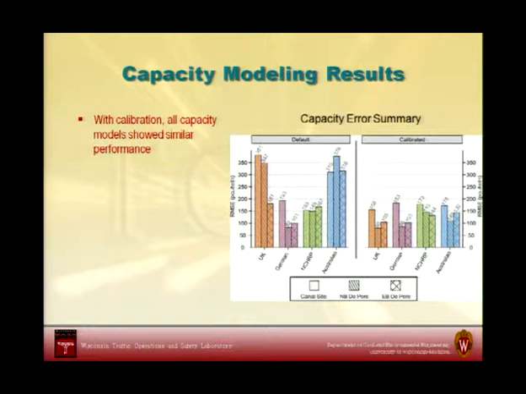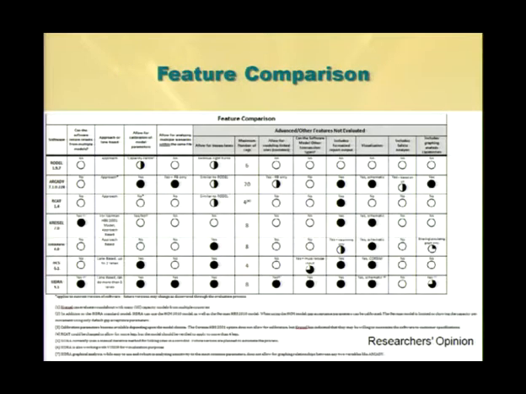This graph on the right-hand side gives you some idea, and I've generalized the source of some of the software by region of the world. We were seeing quite a bit of variability, and this is a summary not necessarily of the operational results, but of the mean squared error of some of the findings. And it's quite variable. We could get some improvements when you calibrate the system, so we tried to bring them all together. It wasn't too bad.